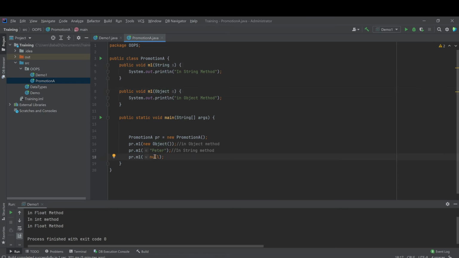But here we are passing null for both the object and the string, so it becomes a bit more complex. Which one is going to come as an output? An object is a parent of string. What will happen here is the string method is going to be